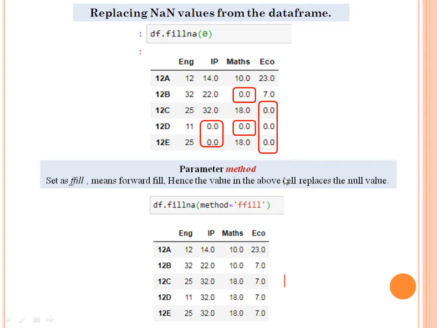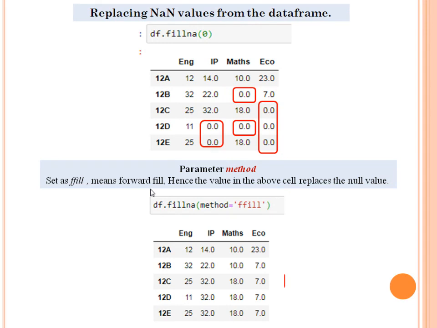So we'll move ahead and see the next parameter, that is the method parameter. So I'll tell you how we'll use it. Previously I told you ffill helps us to fill the forward values, and bfill helps us to fill the next observations in the NaN values.